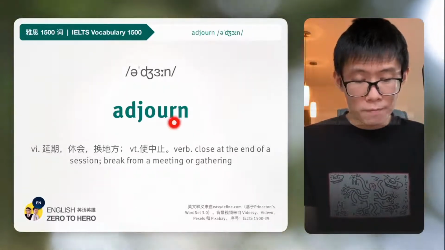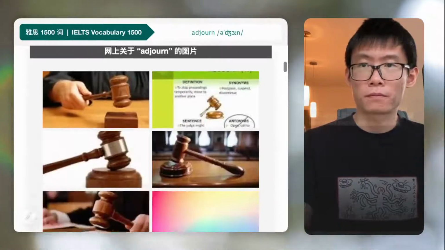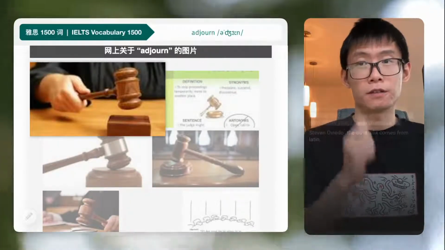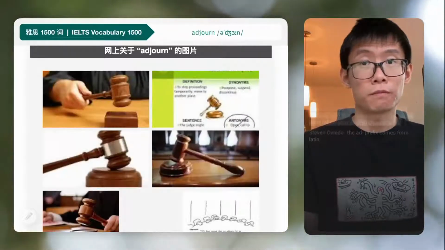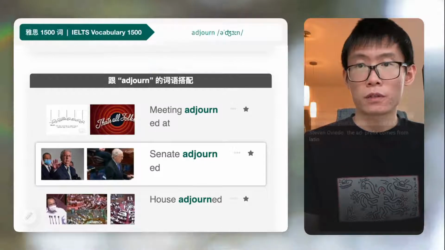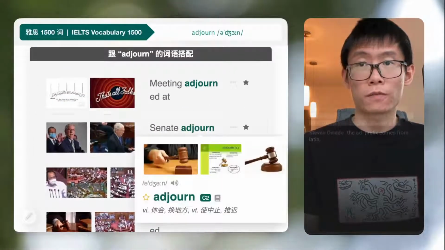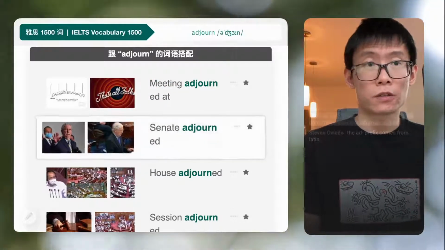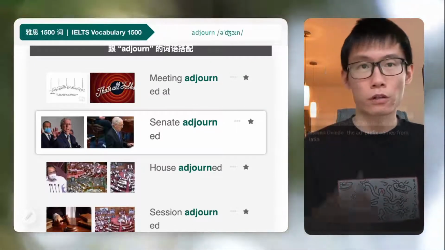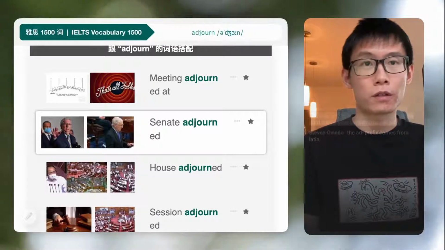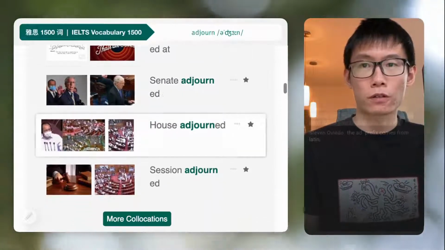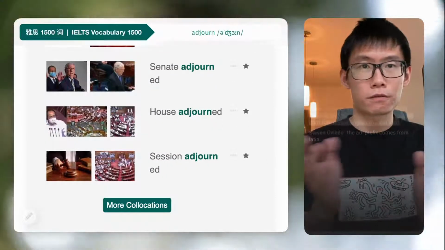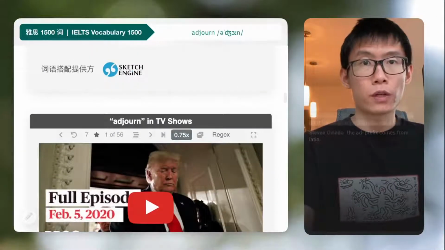The next word is adjourn. For example, court is adjourned. You hit the gavel. 他拿那个法锤噔噔噔啊，这是 court is adjourned，就是休庭了的意思。For example, court is adjourned 就是休庭了。Meeting adjourned 就是现在我们这个会暂时开到这里啊。Meeting adjourned, Senate adjourned 就是我们这个国会上议院啊，现在这个开会告一段落啊，这是 Senate adjourned. House adjourned 啊，就是他们下议院啊开会告一段落。Session adjourned 啊，就是我们这个议会啊现在告一段落，这是 adjourned，就是休庭休会这个意思。